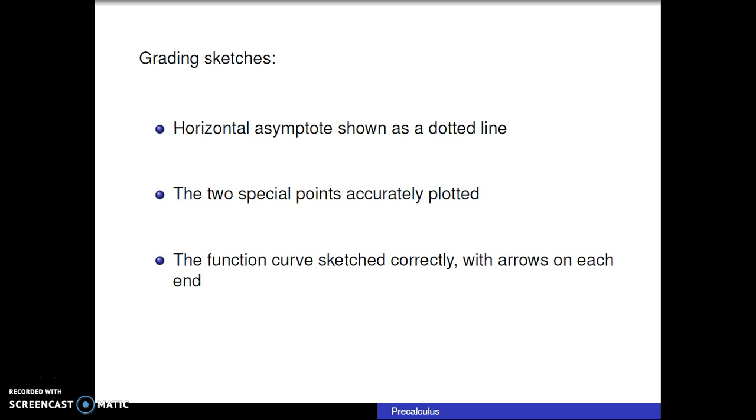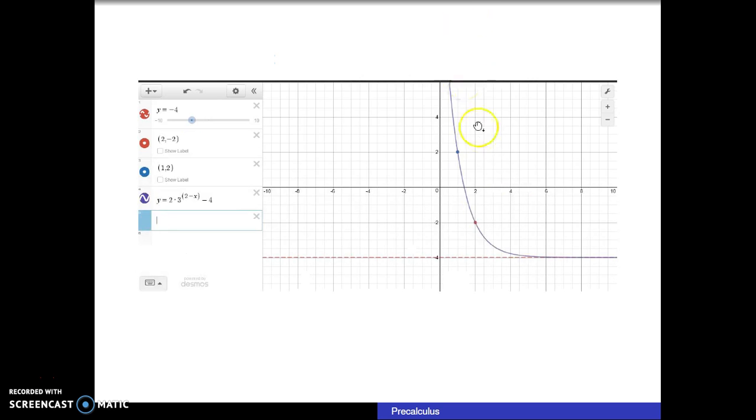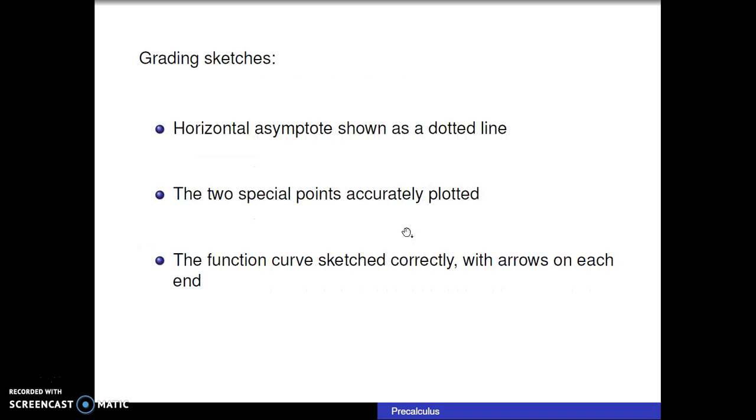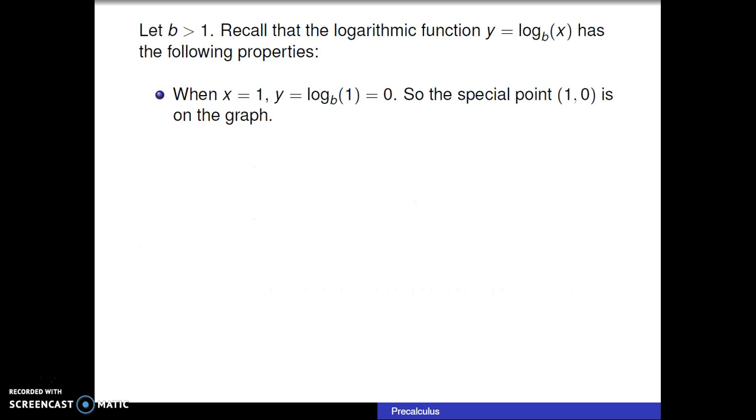Okay, so when I'm grading your sketches that you'll do on your test paper, I'm going to look for these 3 components. First of all, the horizontal asymptote shown as a dotted line, the 2 special points accurately plotted, and finally the curve sketched correctly with arrows on the end showing that the curve continues. So I couldn't do this in Desmos, but you would need an arrow here to show that the function continues going up, and you would need an arrow over here to show that the function continues going to the right that way. Okay, so